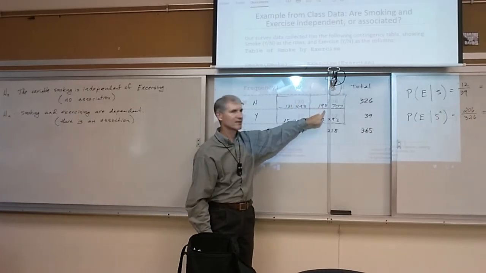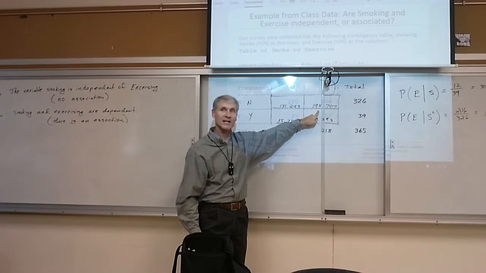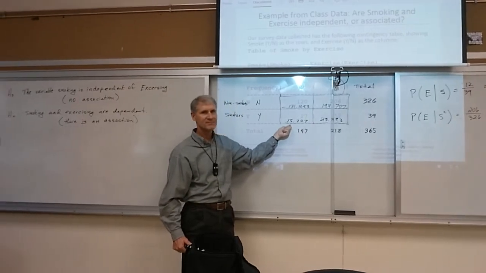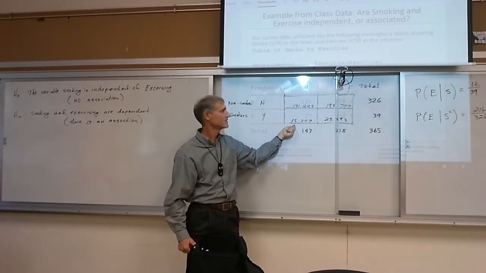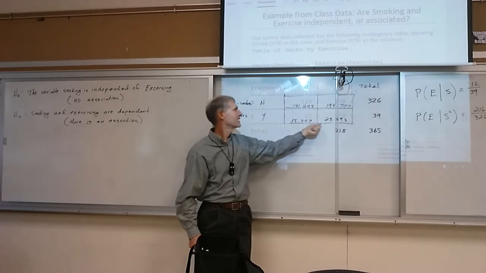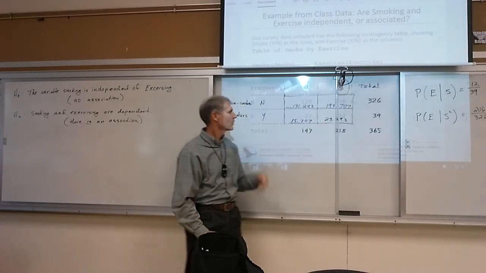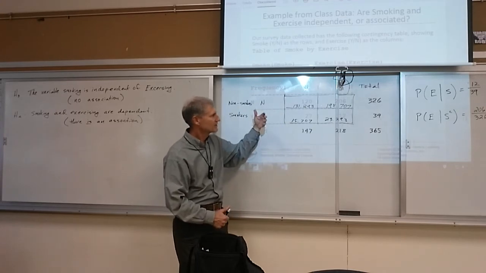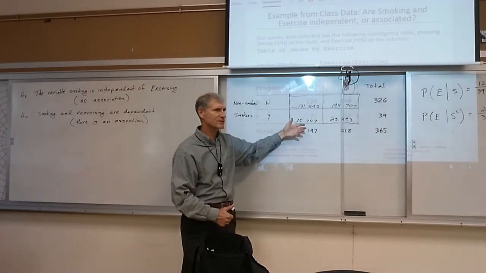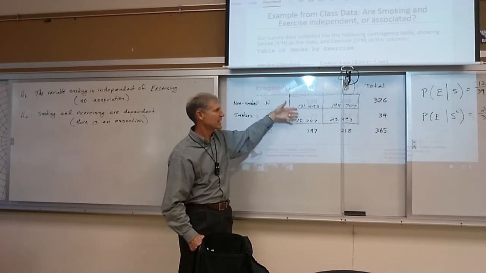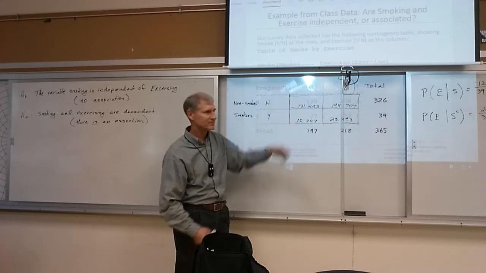So guess what we got here? 11 too many, right? Because they have to add to the same. What do we get here? A little more than 11 too many and 11 too few, right? So the way then we in a contingency table decide how well the observed data matches the expected data is